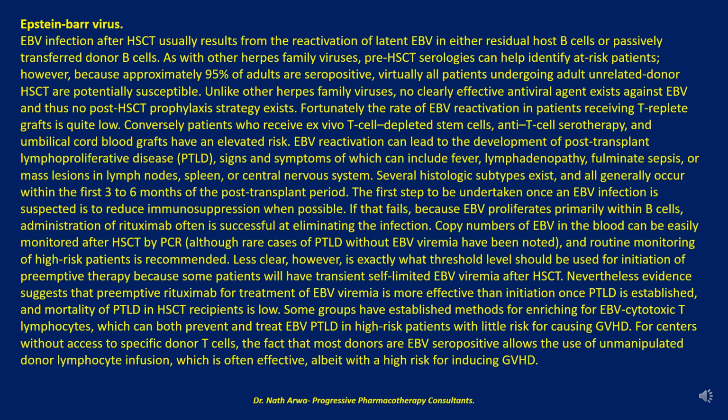The first step to be undertaken once an Epstein-Barr virus infection is suspected is to reduce immunosuppression when possible. If that fails, because Epstein-Barr virus proliferates primarily within B cells, administration of rituximab often is successful at eliminating the infection. Copy numbers of Epstein-Barr virus in the blood can be easily monitored after hematopoietic stem cell transplantation by PCR, although rare cases of post-transplant lymphoproliferative disease without Epstein-Barr virus viremia have been noted, and routine monitoring of high-risk patients